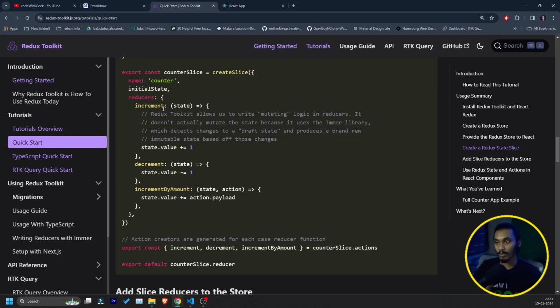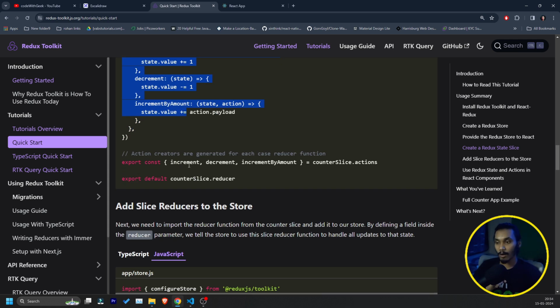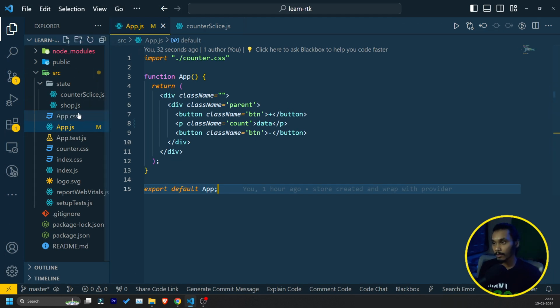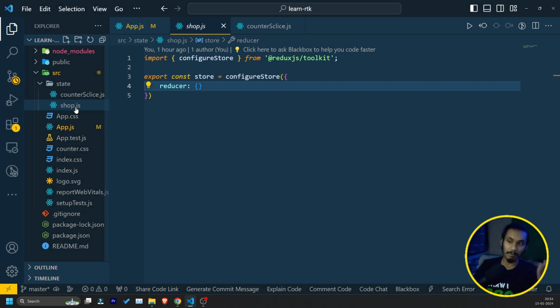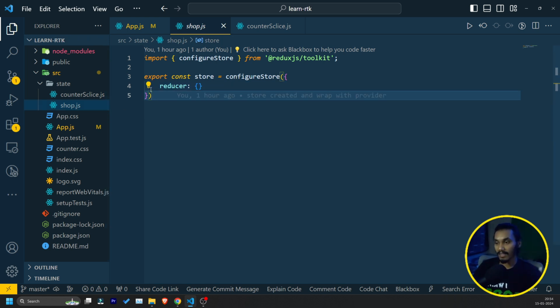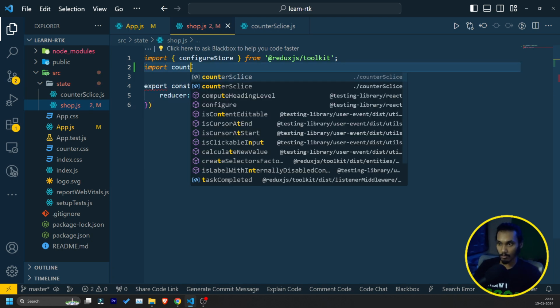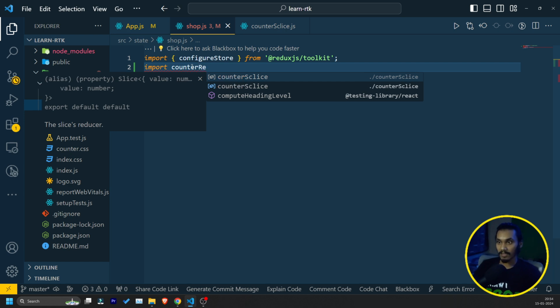The step is, we successfully created our slice. Now we need to add our slice to the store. Getting it? We created our slice, totally fine. Now remember, we created a store. Under the store, I need to add my slice. How can I add my slice? It is super duper easy. I just need to import the slice. I need to say import counter reducer,